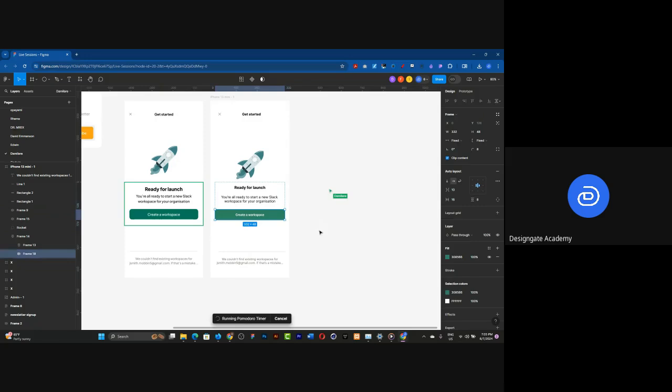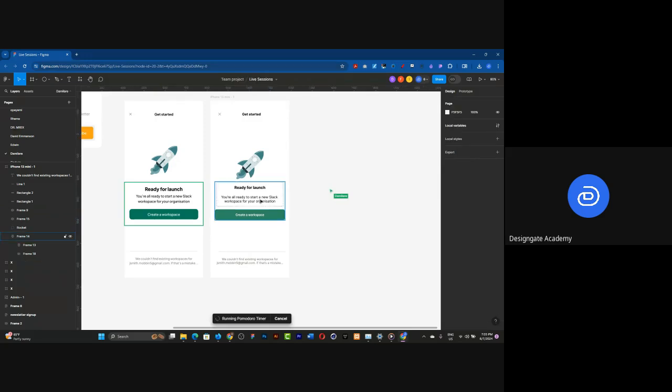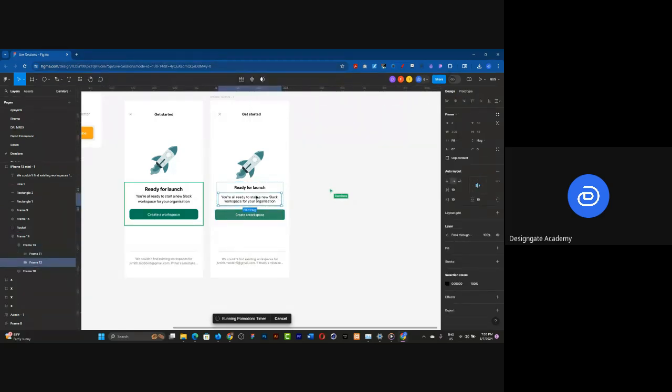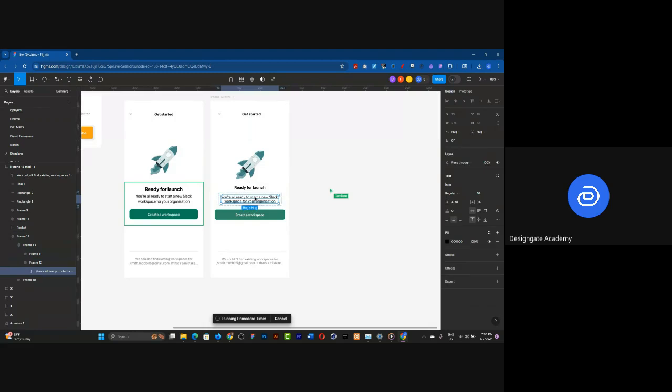Okay, Damilare, this is awesome. I like it. It's nice. Okay, so just the difference between the fonts, the font size. Okay, so Damilare, I've noticed that